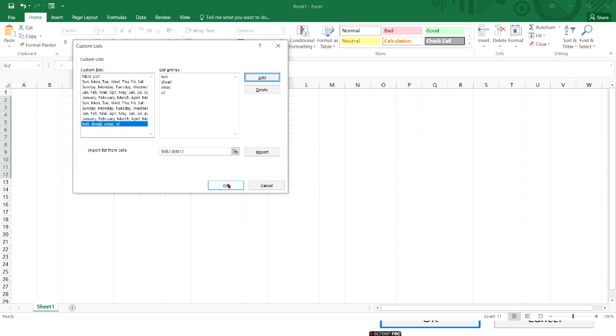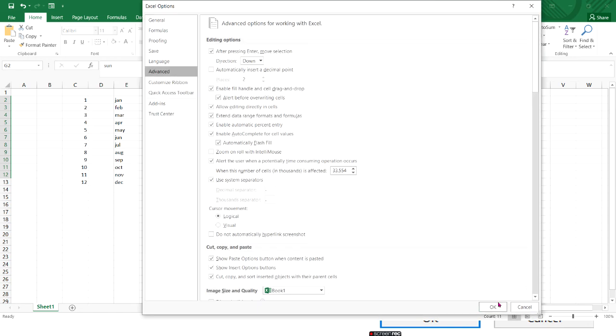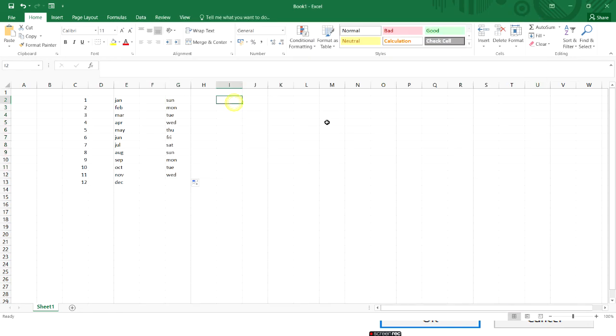Press OK now and OK here. Now you write the first word of the list that you have entered, say Holi, and drag the dark plus symbol like this, and as a result whatever names we have entered into the listing are appearing here.